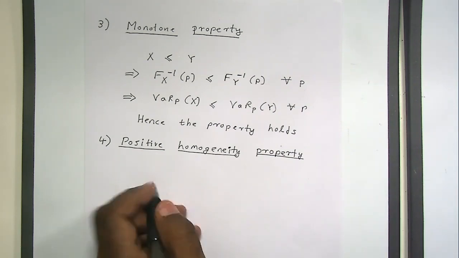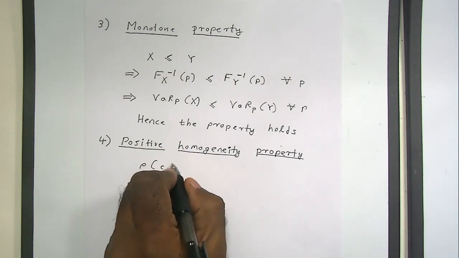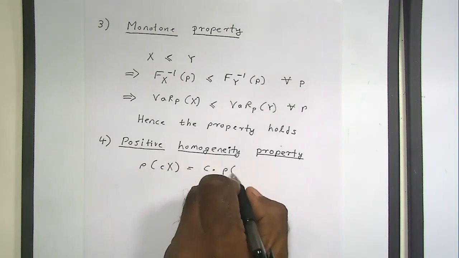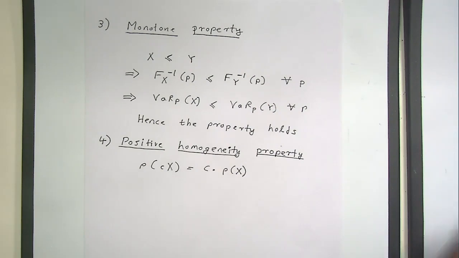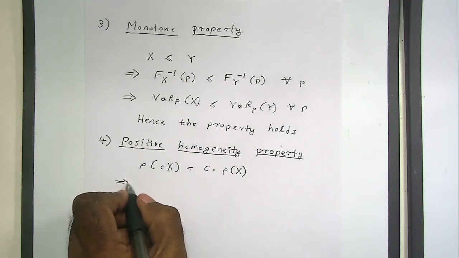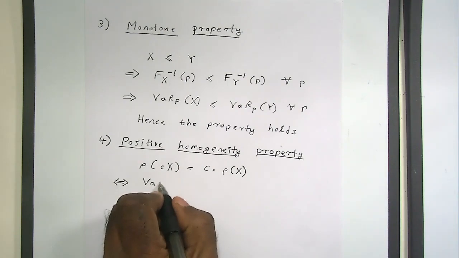Which says that rho of c times x must be equal to c times rho of x. Okay, this is alright. So this is the same as saying that the VaR